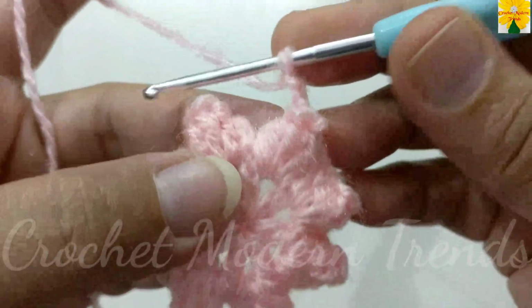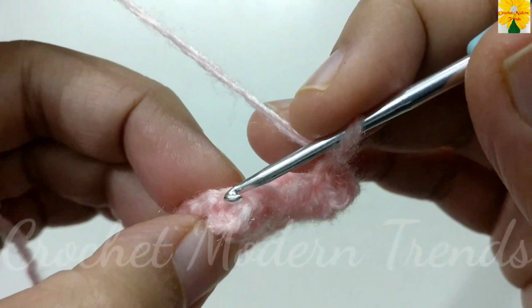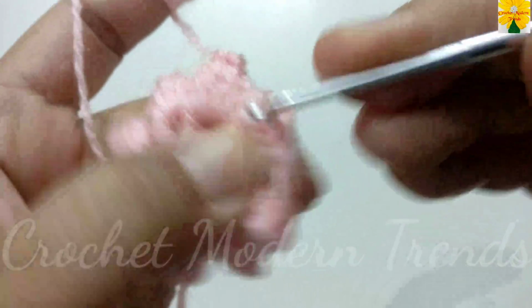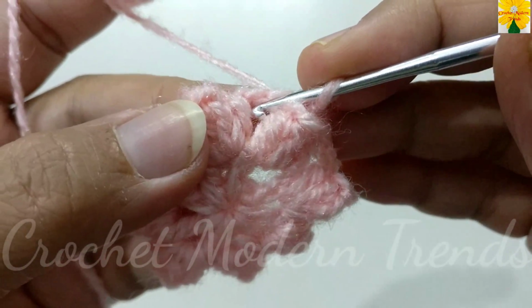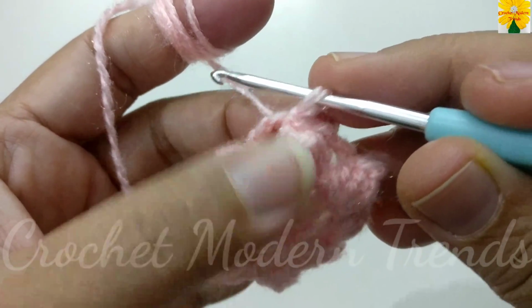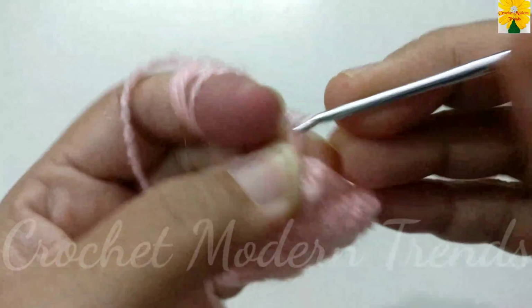When the round is complete, we have to chain 3. Now we have to join the stitches on the top of the petal with slip stitch. Now we have to come to the chain space of 3 with slip stitch, chain 1, 2, 3,